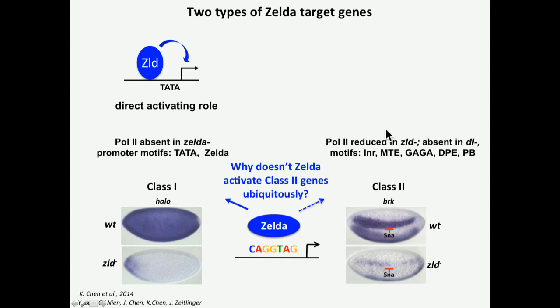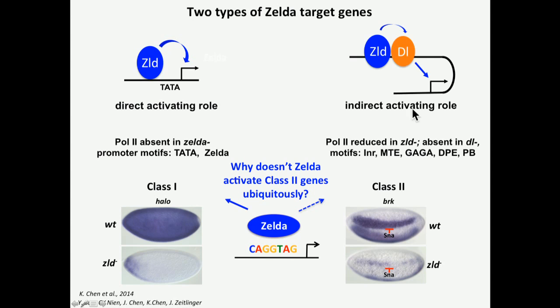So what basically is Zelda doing then at class 2 genes? And so we think that it's playing more of an indirect role, and that, for example, for dorsal targets, dorsal's interacting with the promoter, recruiting polymerase, and that Zelda plays more of a potentiating role of dorsal or other patterning factor activity. And we think that, or we have some evidence that Zelda basically is involved in helping these other